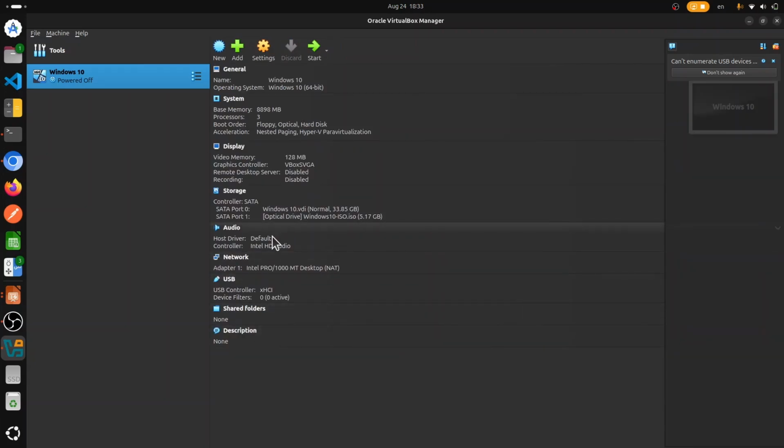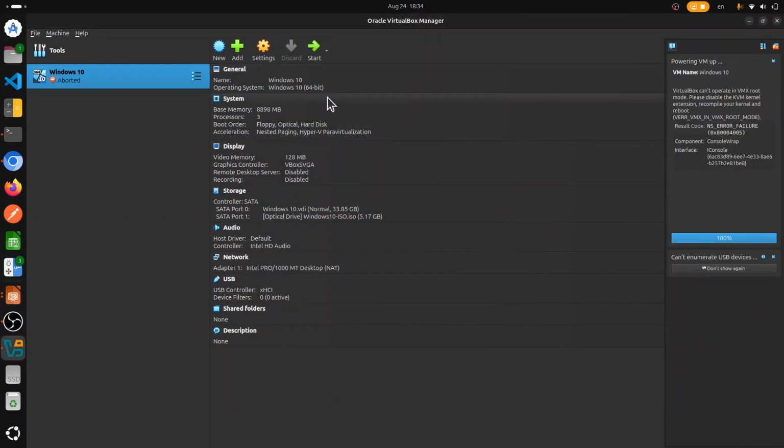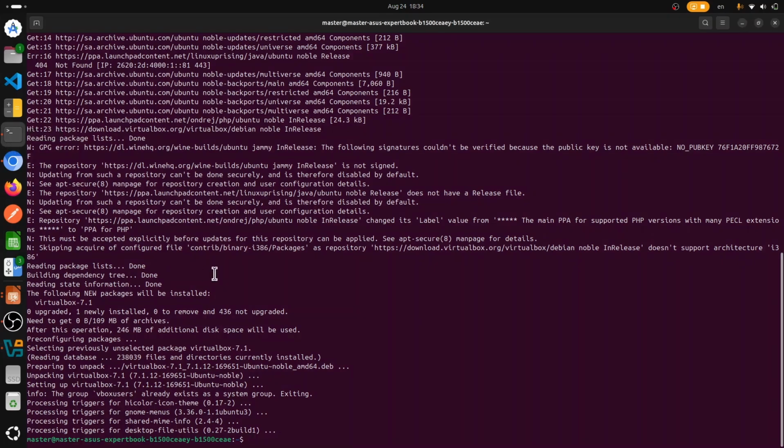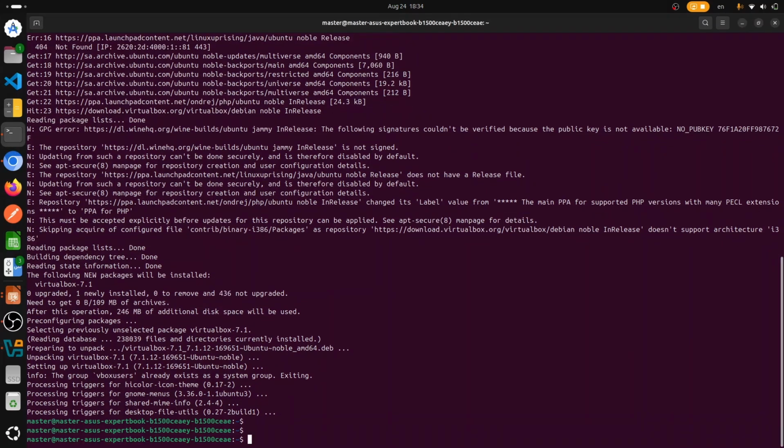Now we have the Windows machine ready. Let's start it. And here you can see this error: VirtualBox can't operate in VMX root mode. This happens because the KVM kernel module is loaded in Linux. It's often enabled automatically if your device supports it. We can disable it temporarily by going to the terminal and then writing the command sudo